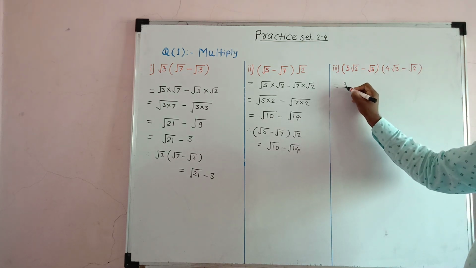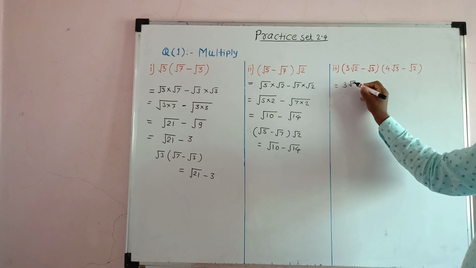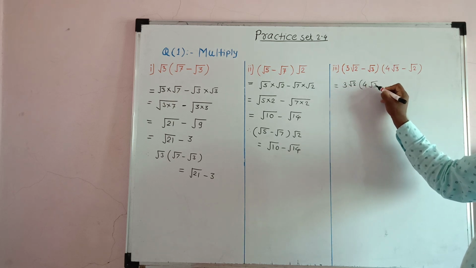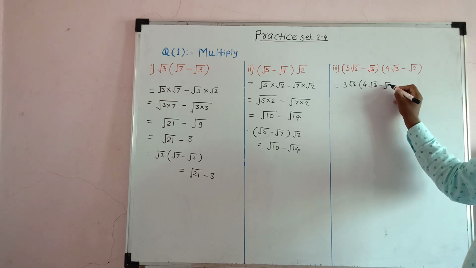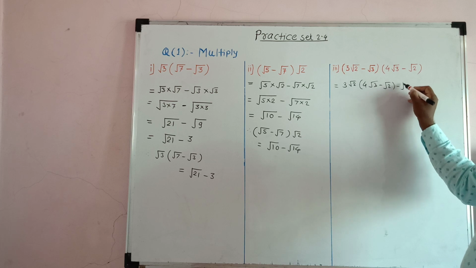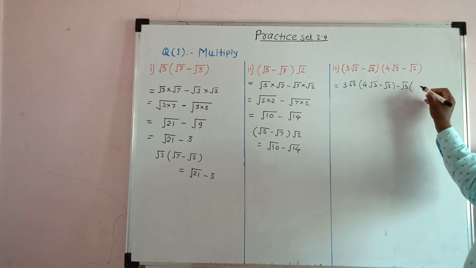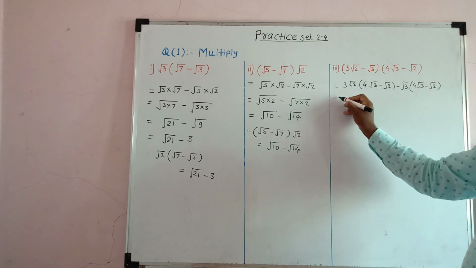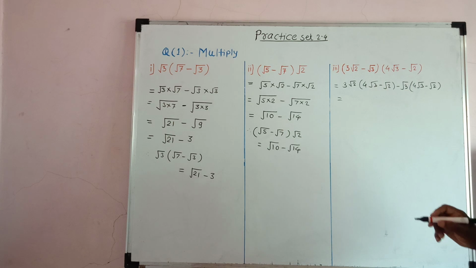So we write 3√2 and second bracket is (4√3 − √2). Then this minus sign and √3 and second bracket is (4√3 − √2), is equal to,